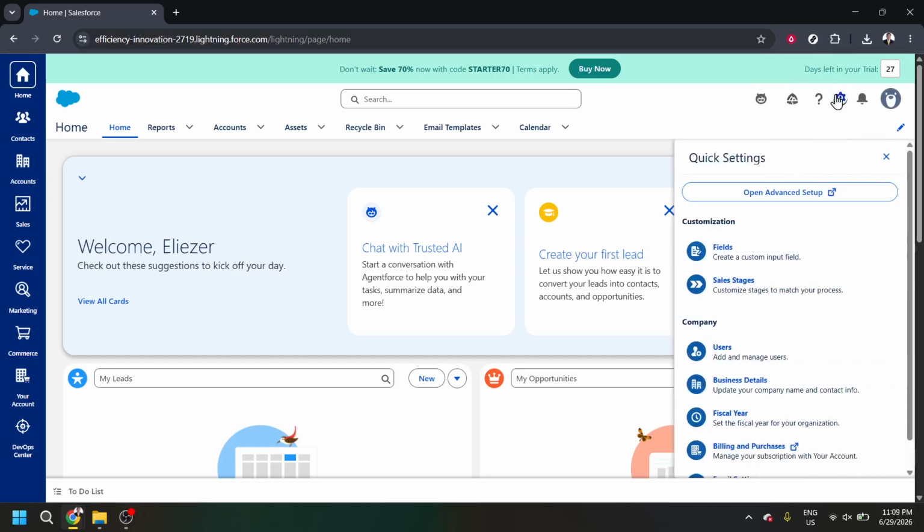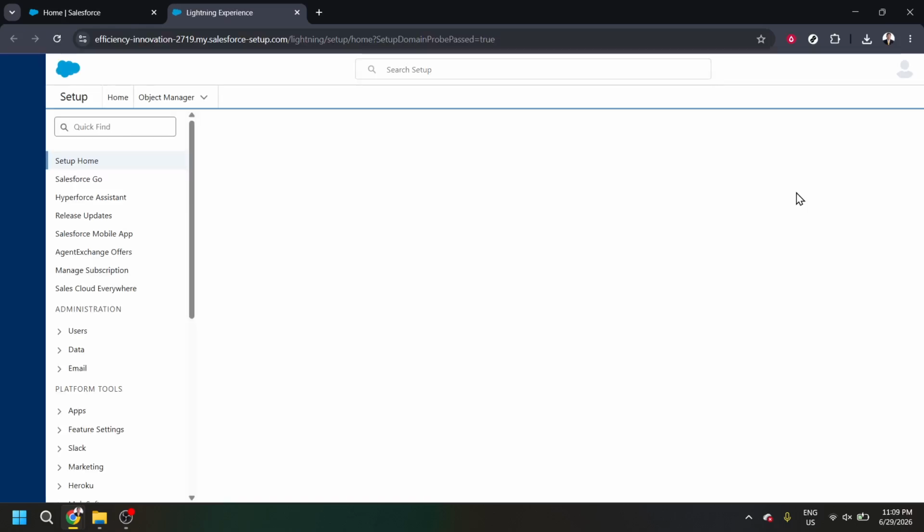When that menu drops down, you are going to see an option that says Setup. But actually, we need a little more room to work, so click on Open Advanced Setup. This will take you to the full Salesforce setup environment where we have all the admin controls. So now you are in Setup. This can look a little intimidating if you are new to it, but we are just going to use the